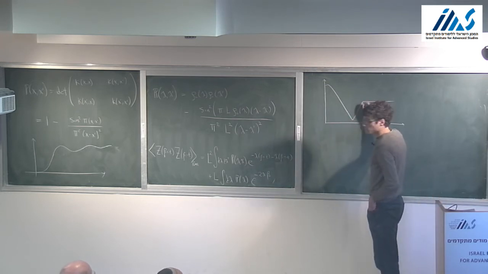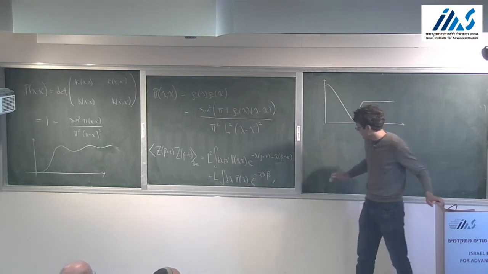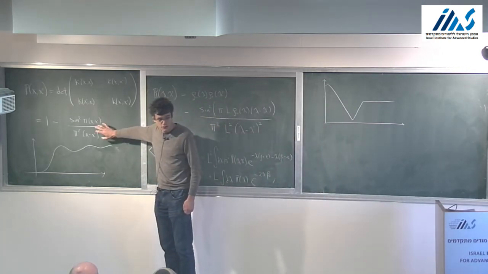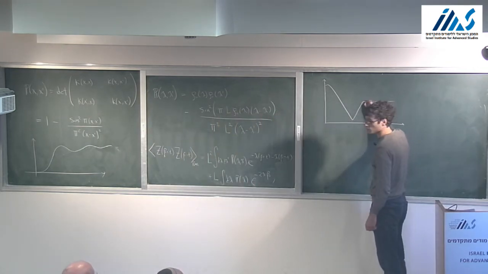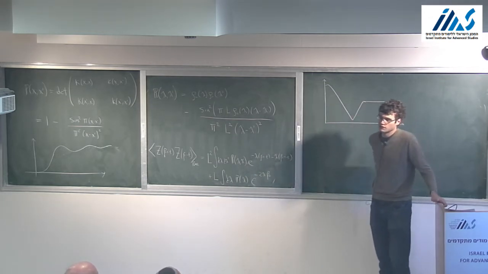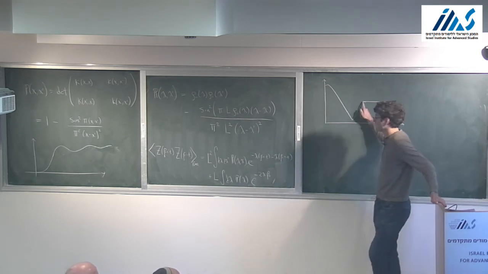And this sharp feature, sorry? You don't have slight oscillations? Is it exactly linear? It's exactly linear from this function. The effect of the sine is to give a sharp feature at this point. In Fourier space, the time axis here is like Fourier space, and the sine is a thing which is oscillating. We're going to write sine squared as a constant plus a cosine. So it has a constant piece plus a term that's oscillating at a very specific frequency. That very specific frequency shows up as a sharp feature in the Fourier transform. That sharp feature is this kink here, where the ramp turns into the plateau.